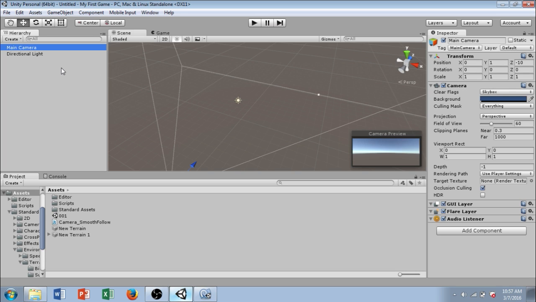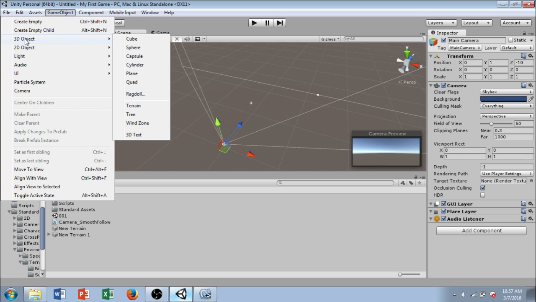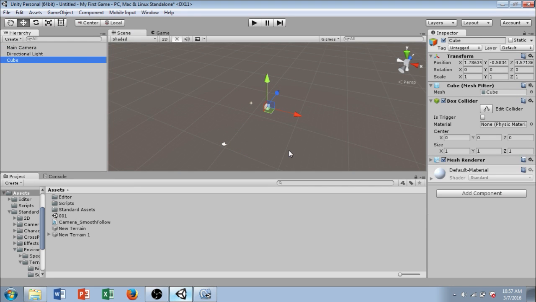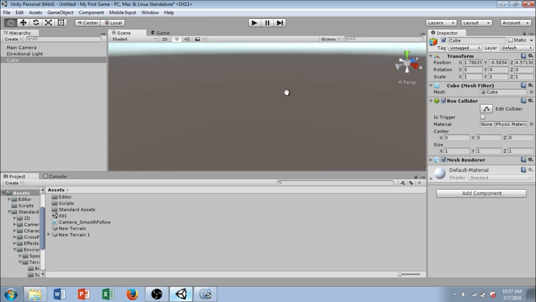But what I want to do is add in a cube object, because we're going to write some scripts for a cube. So what you're going to want to do is click up here on Game Object, go to where it says 3D Object, and click on Cube. Alright, I'm going to hit F, and it zooms right up on our cube here. Alright, so we have a cube,